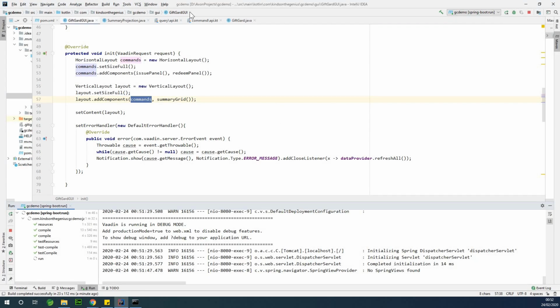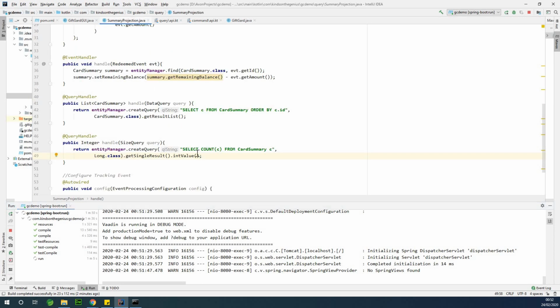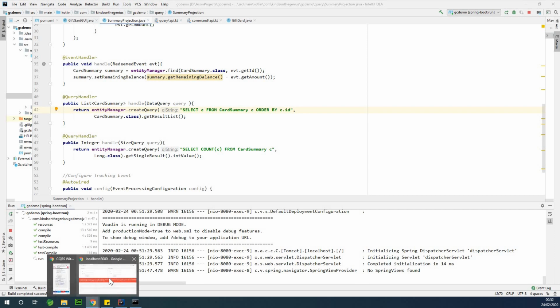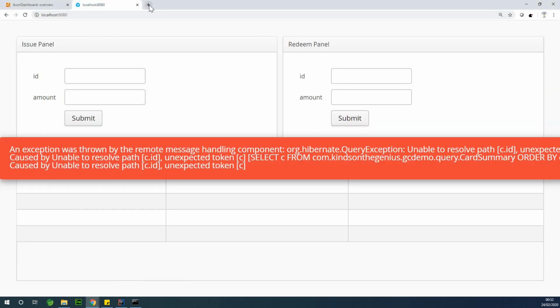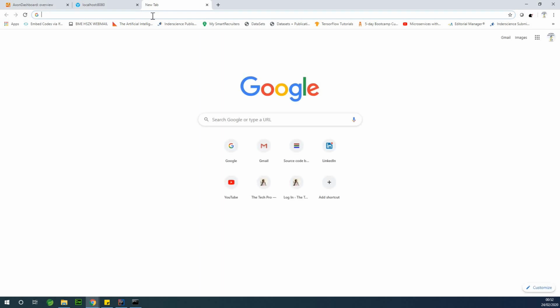So let's go back to the summary projection. Select count C from CardSummary C. Select C from CardSummary C. Okay, this is going to be C. So permit me to just add an H2 database configuration. So I'm going to simply say